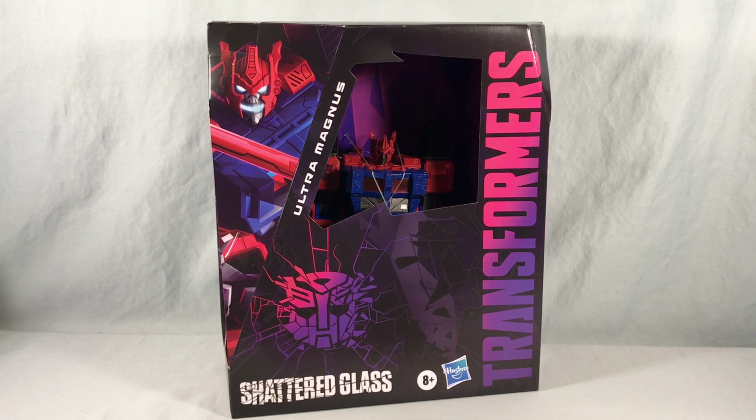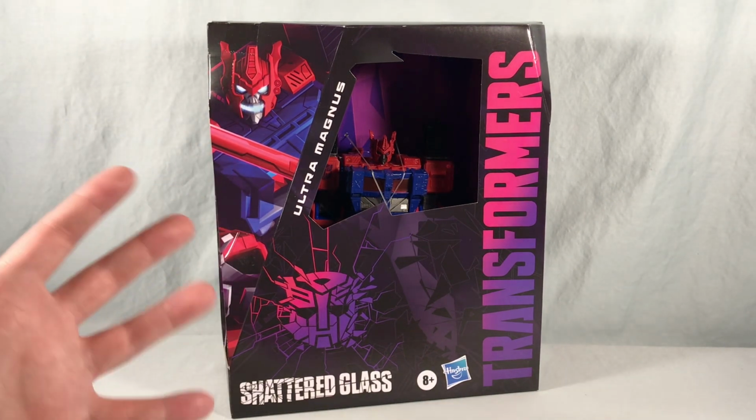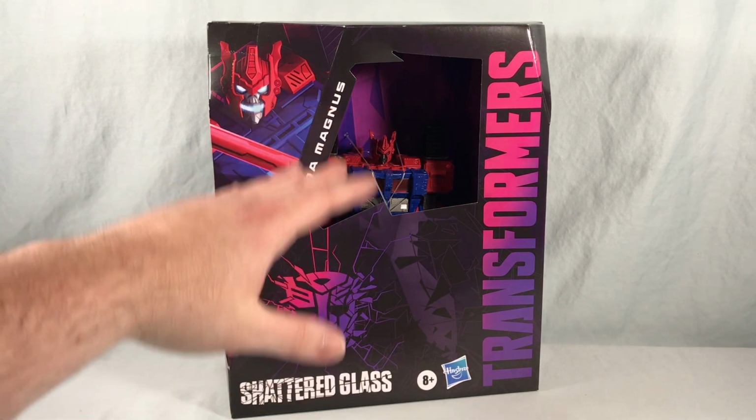Today we are taking a look at Leader Class Ultra Magnus from the Transformers Shattered Glass line from Hasbro. Really love the packaging for Shattered Glass. I think the color scheme they have going here is really fantastic, and some really nice artwork here of Magnus in the upper right. The one thing I think is a little weird is how low he sits in the